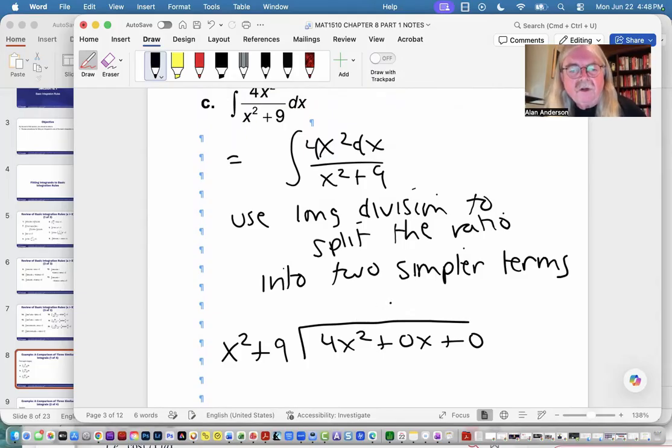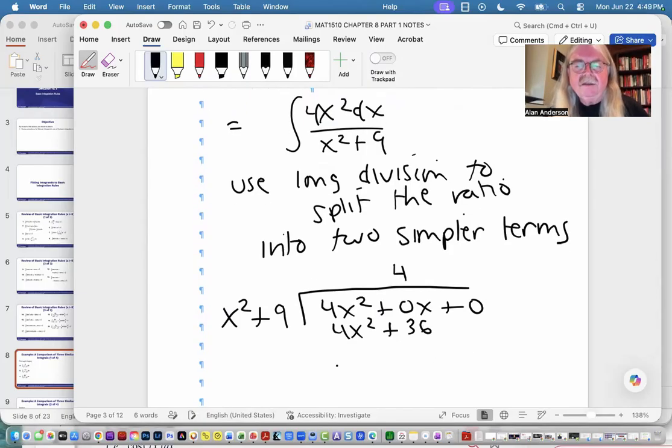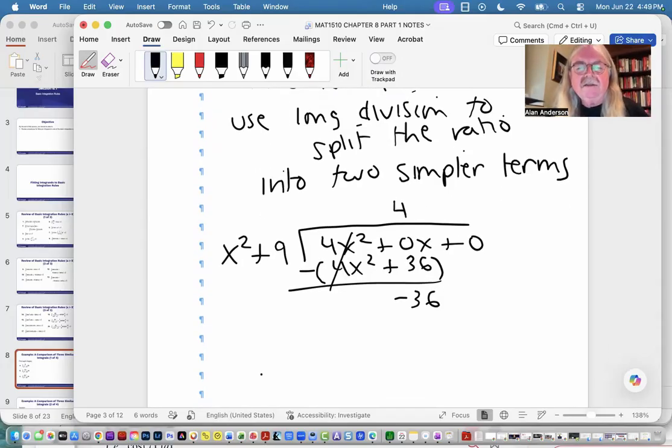So you could put a four here, for example, which indicates that if I multiply 4 by x squared plus 9, I get 4x squared plus 36. And then I can subtract. Both of these become negatives. This drops out. And there's no x's, so we're just left with 36. So in other words, what this is saying is that,